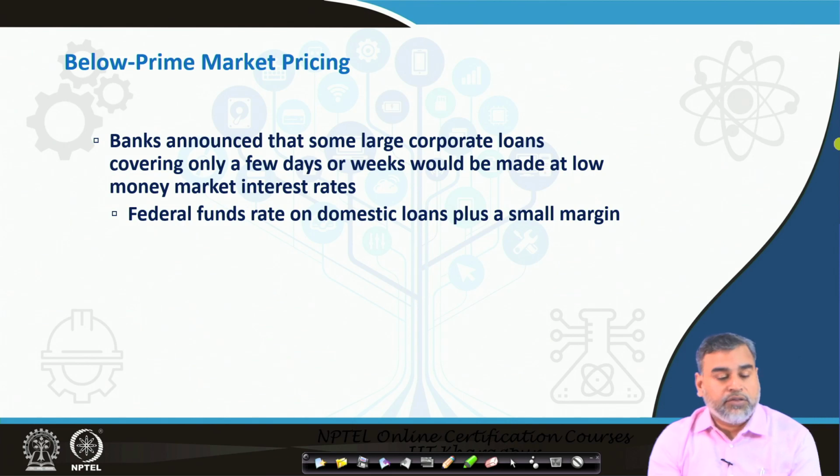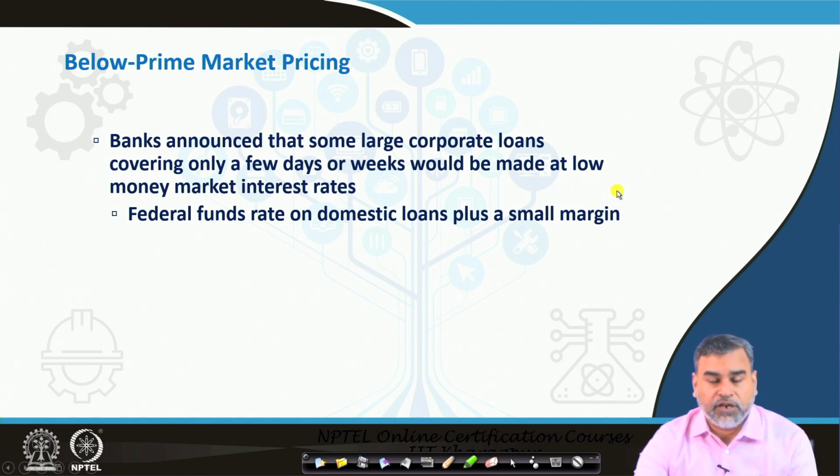Generally, it is calculated on the basis of the treasury bill rate or the federal fund rate on domestic loans, plus the small margin they can impose for their cost and everything they are going to incur against that particular loan. So, that is another type of loan activity, which is not regular, but it may also work in the system whenever larger loan activities are taking place in this loan business. But mostly these models are not very popular.